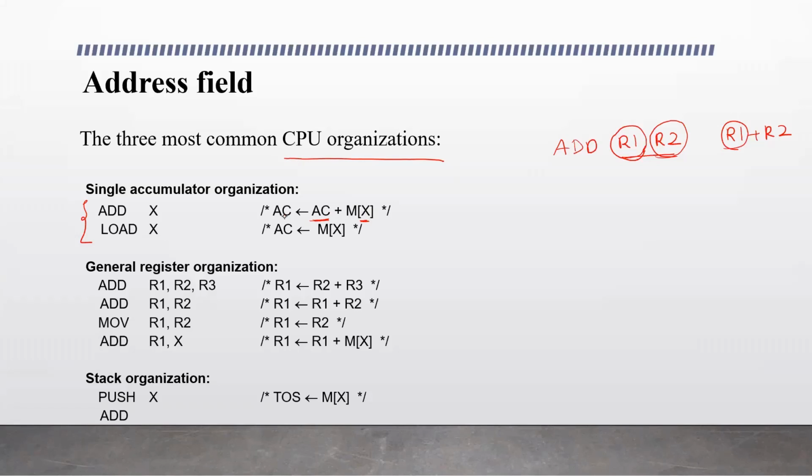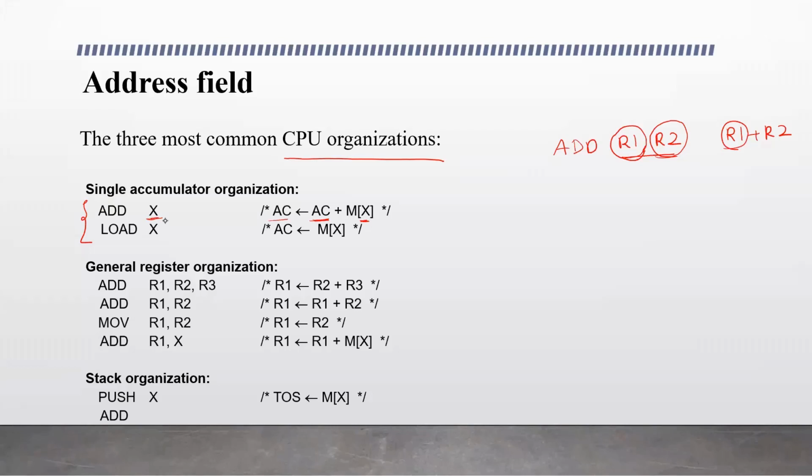The data is stored in the accumulator, but this accumulator register is not used in the instruction. It is add X, only the memory address is given. X is the memory address. The data in memory at location X needs to be added to the data in the accumulator, and the result also needs to be stored in the accumulator. The accumulator is implicitly specified. So in single accumulator organization, when such an instruction is given, the accumulator is automatically taken as the other operand, and the result gets stored in the accumulator.